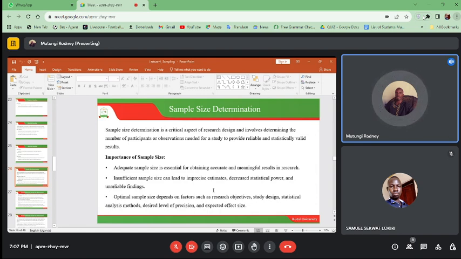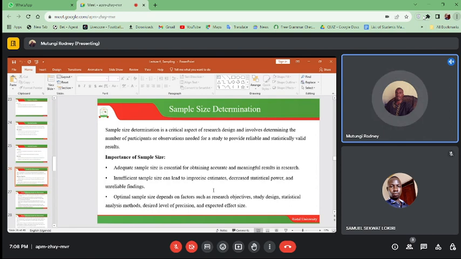So you need to know all those factors. You need to know how precise or how much power do I desire for my study. And this could also depend on other factors. It could be the people that will publish it, the effect that it should have on the population, because you do not want to use a sample, and yet, for example, if you wanted to stop malnutrition or to stop stunting, you need to use a sample that will make you